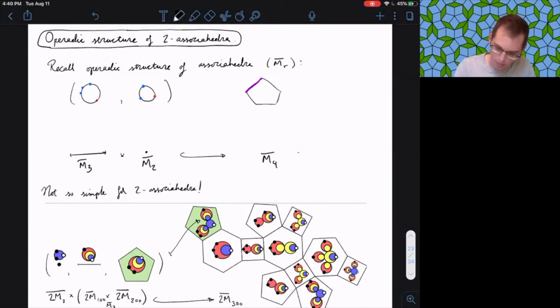One example of that would be sticking this output here to this input. We get something like that. Okay. So the point is that we're including the product of this interval times a point into this pentagon as